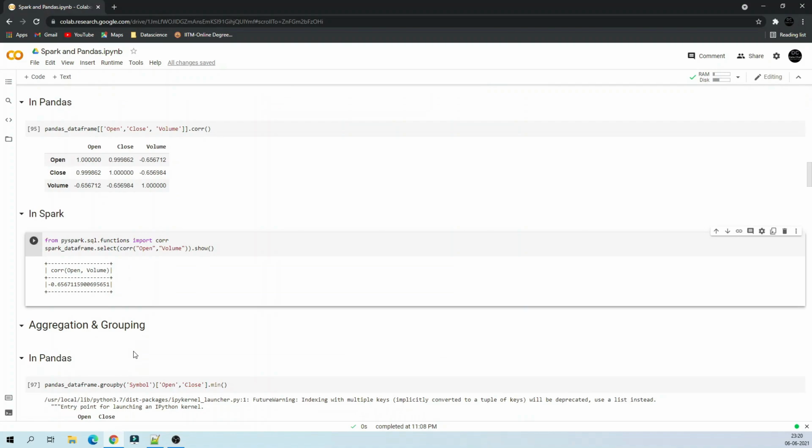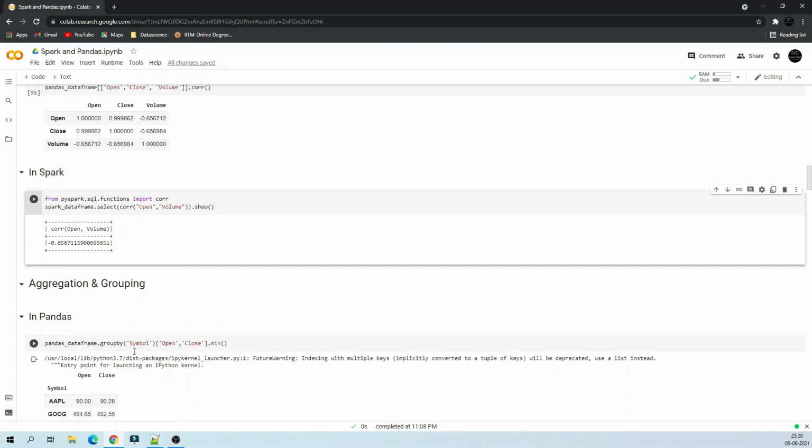Moving on to aggregation and grouping. In pandas, you say group by, and then the categorical variable, and then the continuous variable. In my case, I have taken symbol. The symbol is nothing but Apple, Microsoft, or Google, the name of the organization. I wanted to see the minimum open and minimum close value for all the 3 categories.